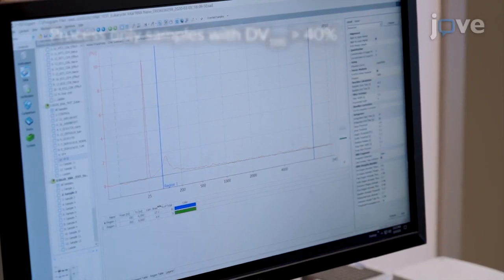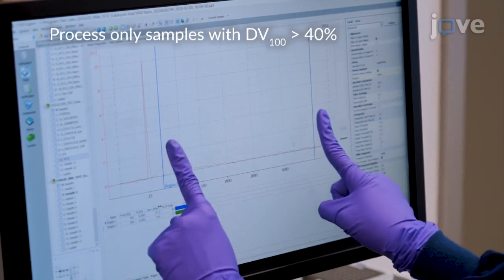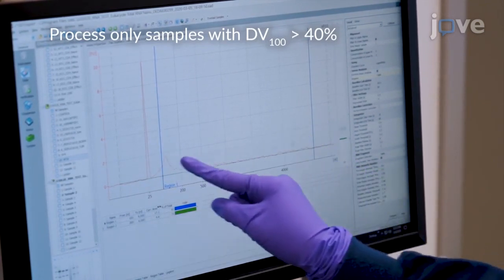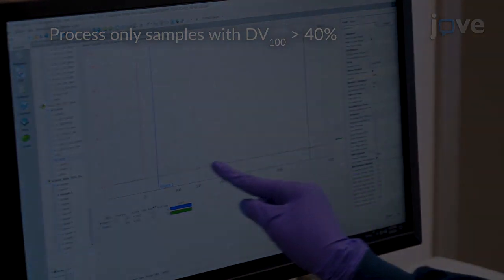Based on the QC metrics, identify the samples with fewer than 40% of the fragments longer than 100 nucleotides to allow exclusion of these samples from